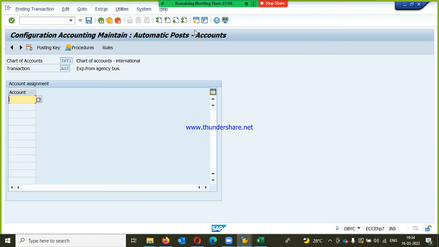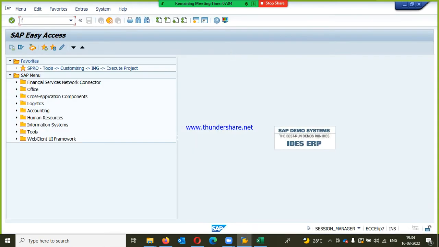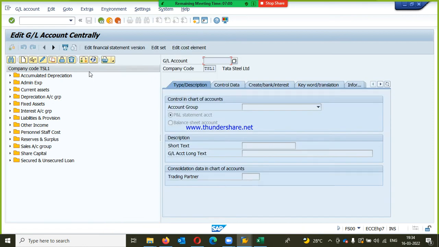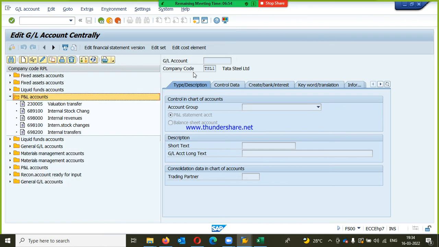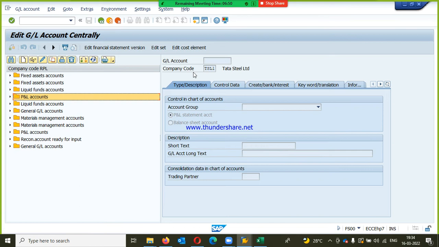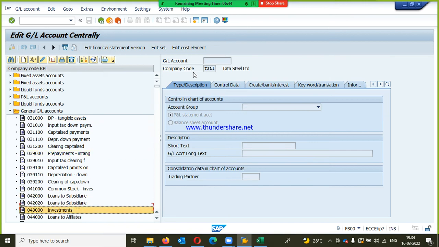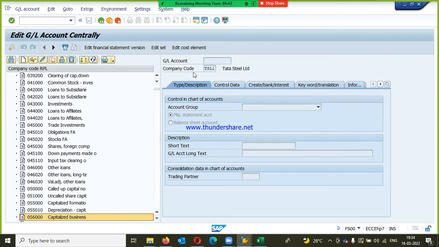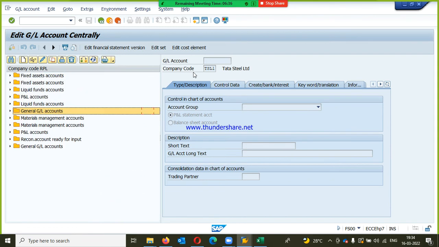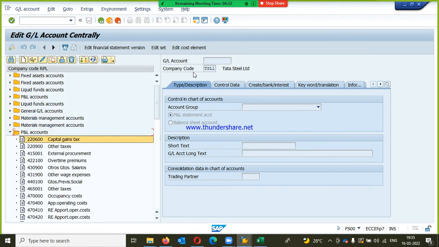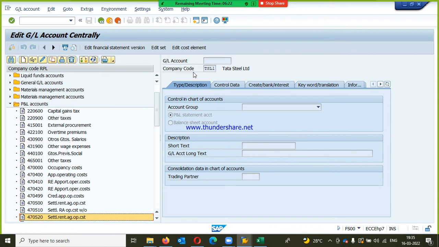Or else I will go with another T code. There is a T code to find the ledgers. FS00. FS00 is for general ledger view. Profit and loss account. Date is not there. Liquid fund account is there. Investment. No, it is not related to expenses. P&L account I will check. Other taxes, external procurement, other taxes, other expenses. If I check,